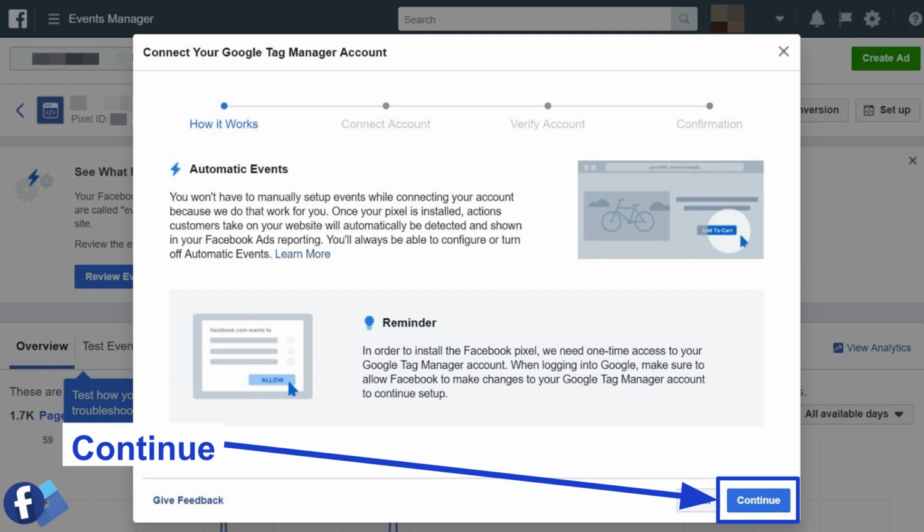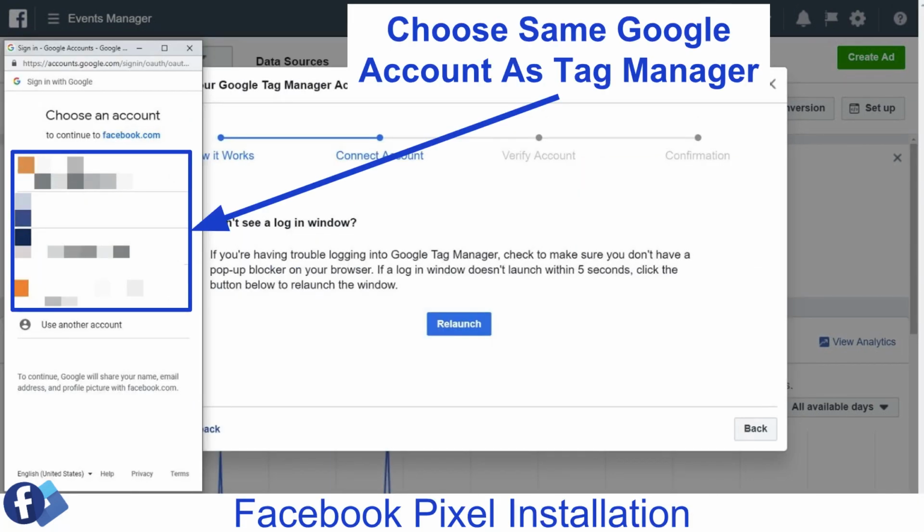Now here, this is just telling you an overview of what's going to happen, and Facebook Automatic Events is actually so good that we've found that a lot of people don't have to do any advanced conversion tracking because Automatic Events do such a good job of figuring out what's actually going on your site. So if you're doing conversion tracking, installing the pixel via Google Tag Manager is probably all the work you're going to need unless you're doing some advanced funnel stuff or some advanced e-commerce tracking.